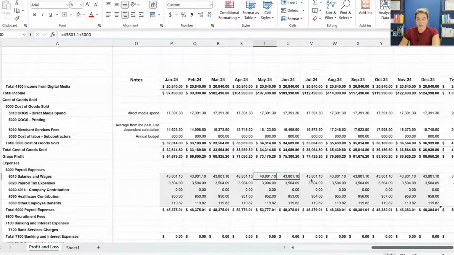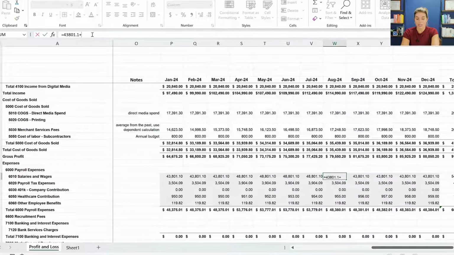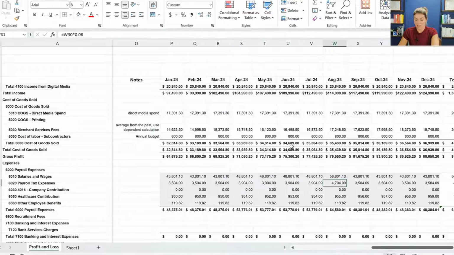And let's say by August we actually need to hire again, but this is going to be a more senior person, so adding another $10,000 per month. And then, okay, so we have increased payroll costs, and that also went up. I would also probably make healthcare